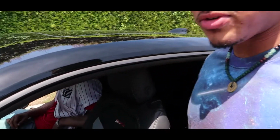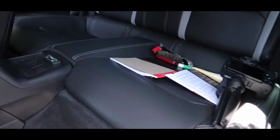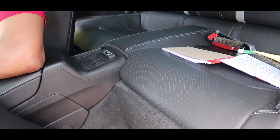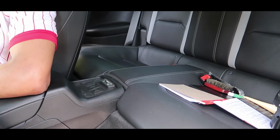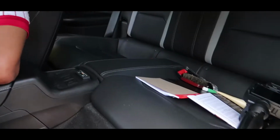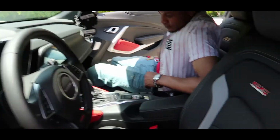Now, to be honest, even though this is a 2-door, this might as well be a roadster. With this space in the back, there ain't really nothing back here for anyone. There is absolutely zero space. Not even a child could fit back here. Barely. Barely. See, that's why I would have got the Corvette. So Tony,